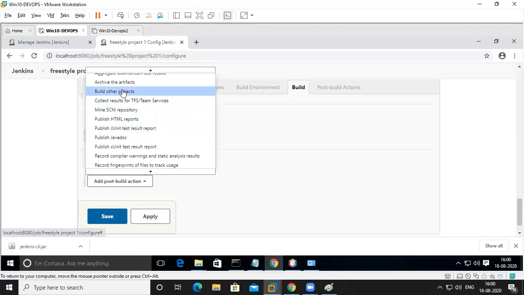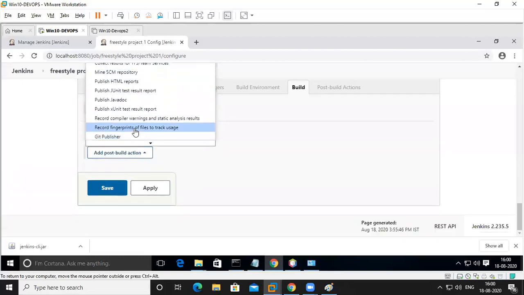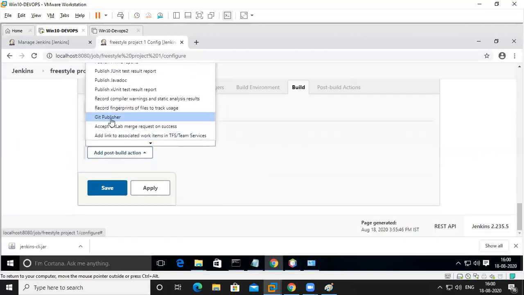Build another project: the first build is completed, then you want to build another one, and once that is completed, build another one. Like that you can create it. Or you want to publish to Git publisher: once the build is completed successfully, you put it into Git again. Once a package is completed, you can send your files to Git. You can do it.